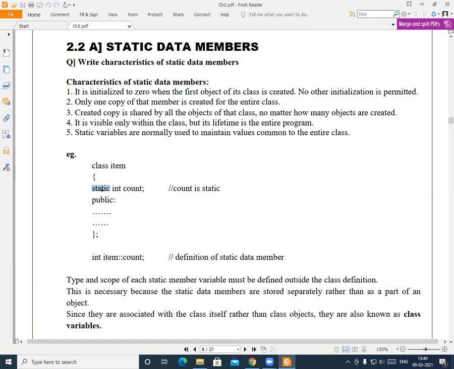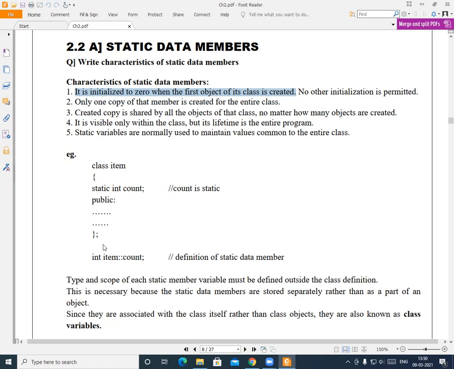Now, what is meant by static variable or static data members? So we will see the characteristics. It is initialized to 0 when the first object of the class is created. That means it is automatically initialized. Suppose here we have declared one class item, and we have created a count variable which is of type static.